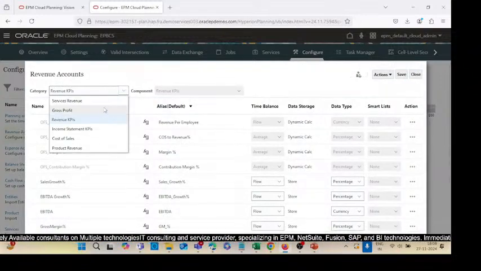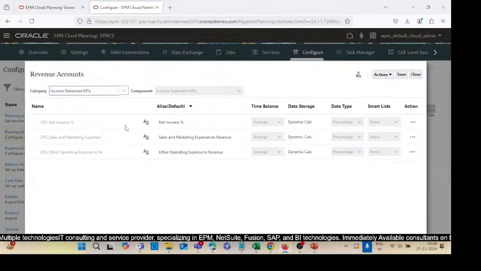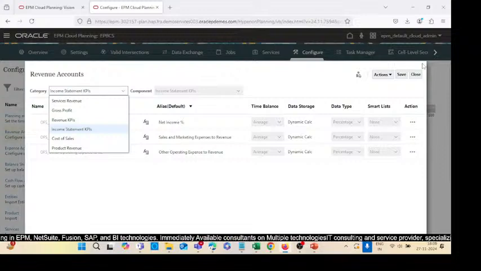So everything you want to add or delete, you can just use the configuration window. Similarly, you can add some more income statement KPIs. Right now the available KPIs are net income percent, sales and marketing expenses to revenue, other operating expenses to revenue. So these are the available income statement KPIs, but the rest I can add manually. Now once it is done,